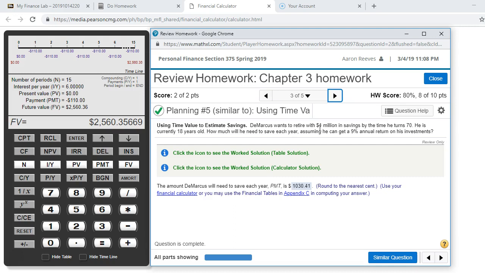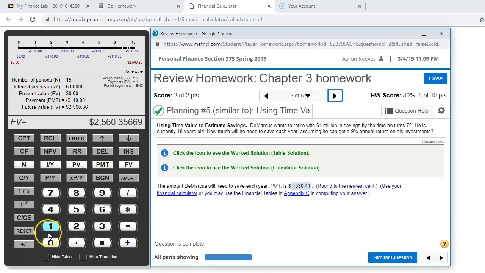He wants to save money from 18 to the time that he's 70, which is a 52-year period. So N will equal 52. And the annual interest rate is going to be 9%. The question says, how much will he need to save each year, meaning what is going to be the payment amount for this example. So for this problem here, we're trying to figure out what's going to be the actual